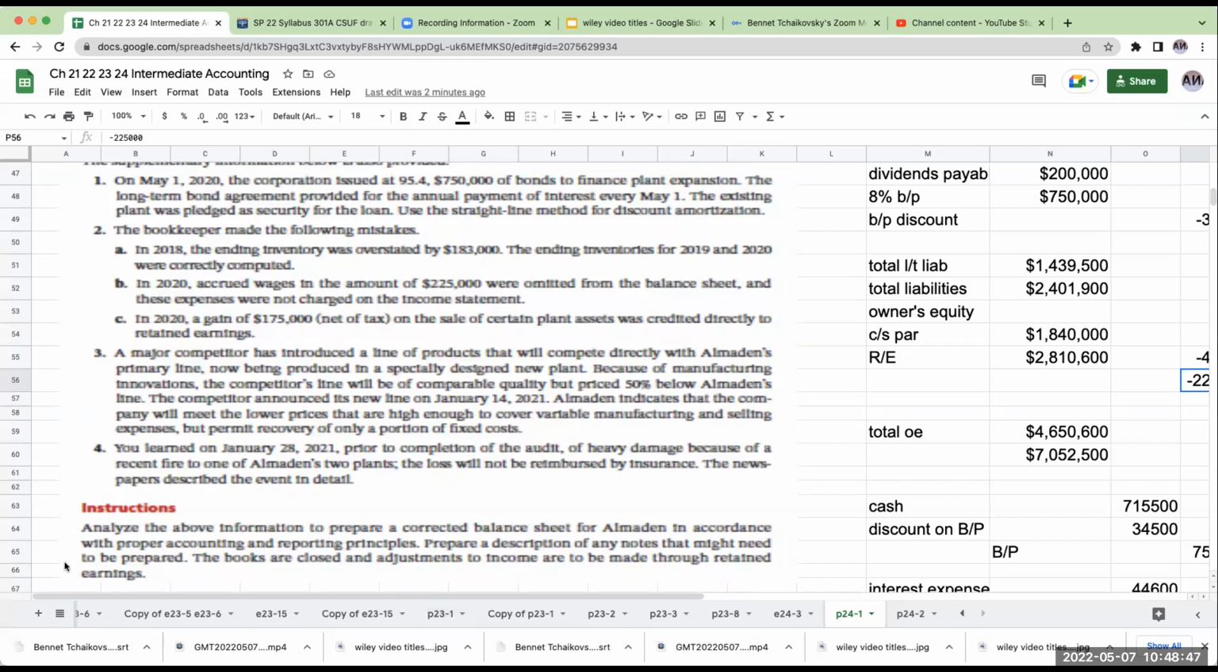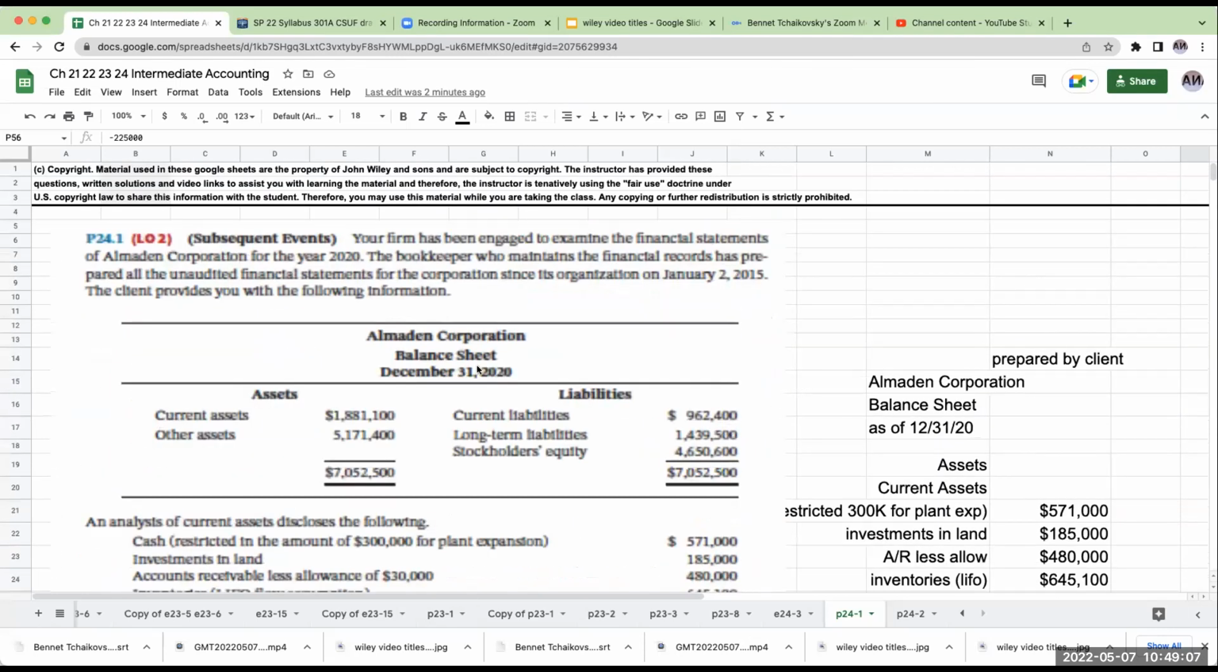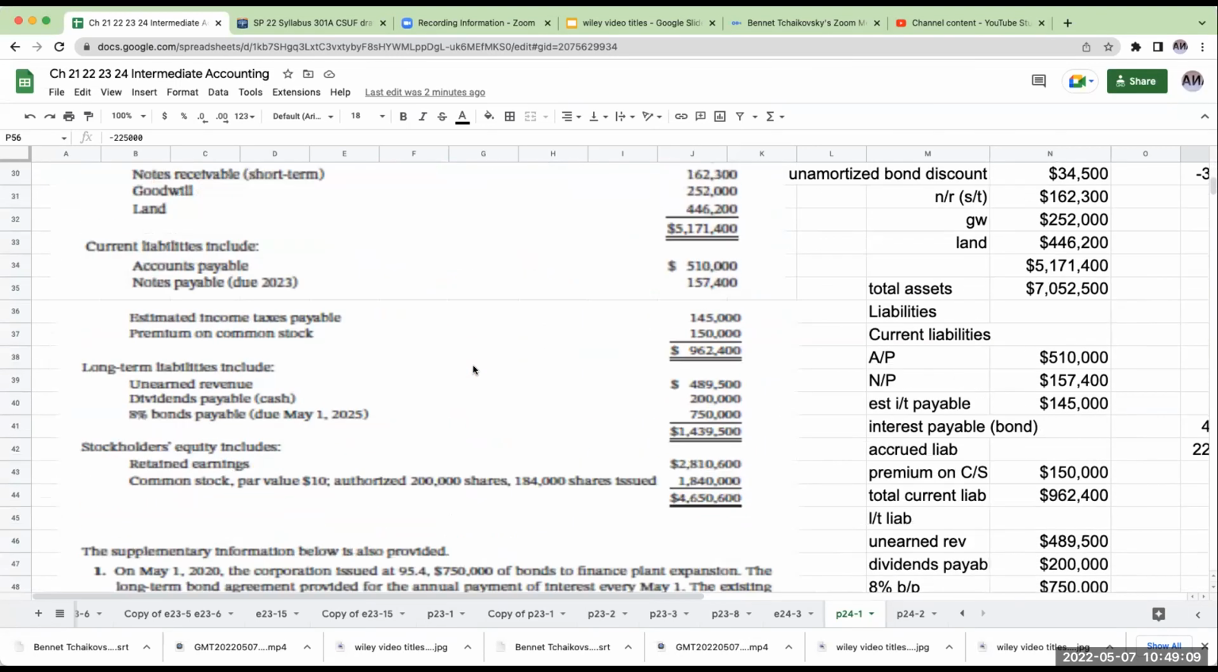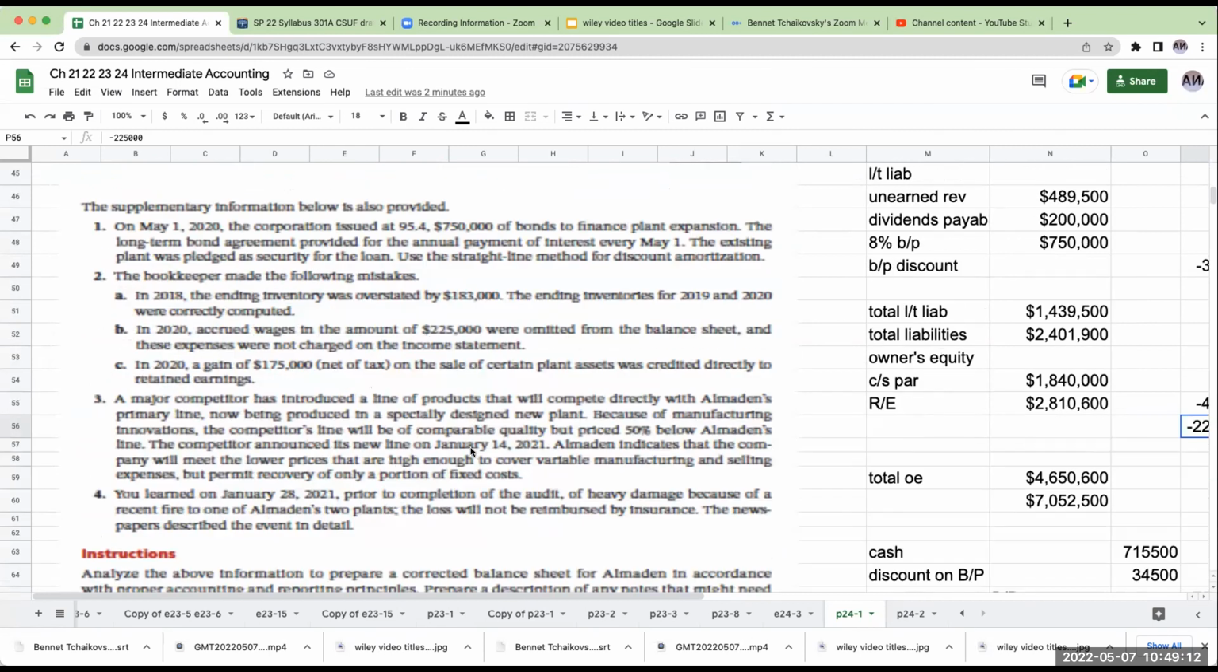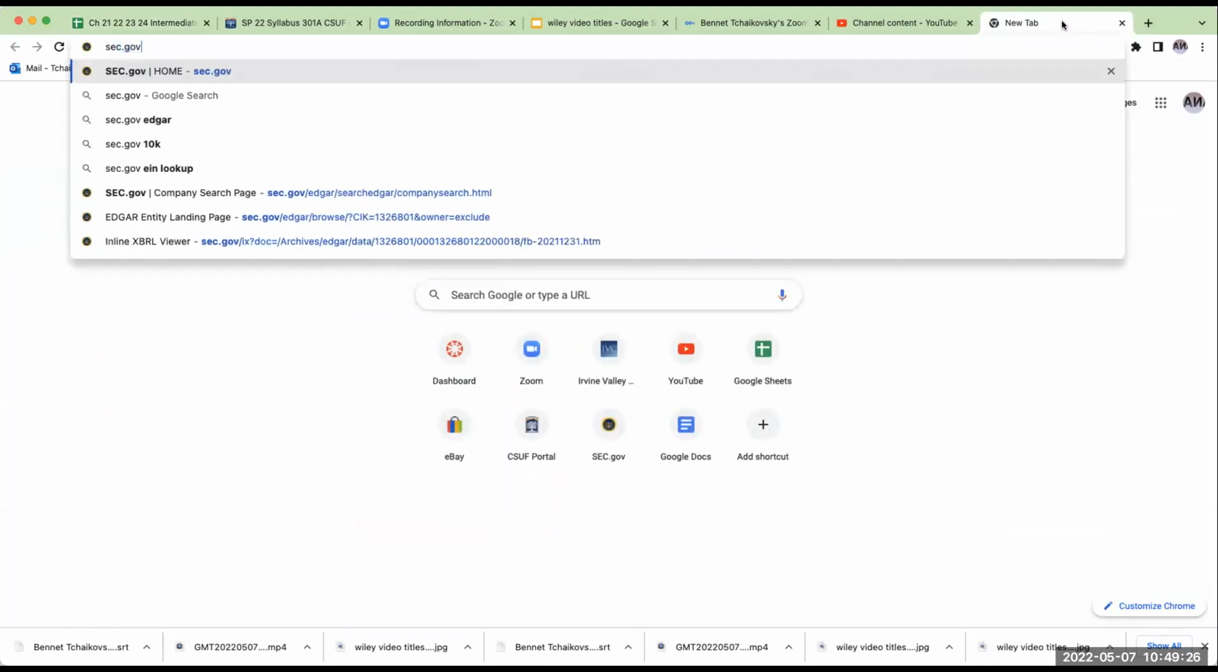So this is something where, when we look at the disclosure, it doesn't really talk about it. Basically, this is the problem. The first thing is, would we do anything on 2020? The answer is no. But because this was announced on January 14th, what we have to do is disclose this as a subsequent event. When we look at subsequent events on the financial statements,